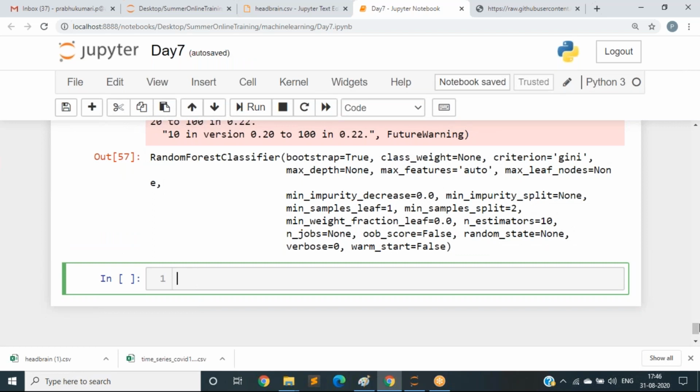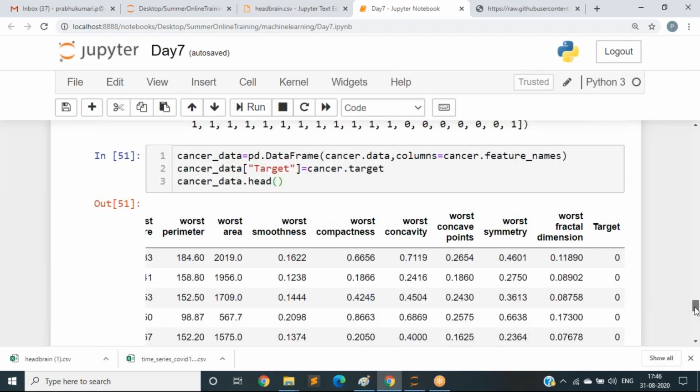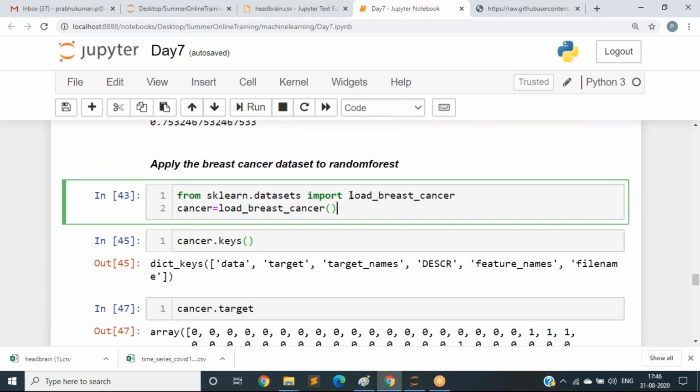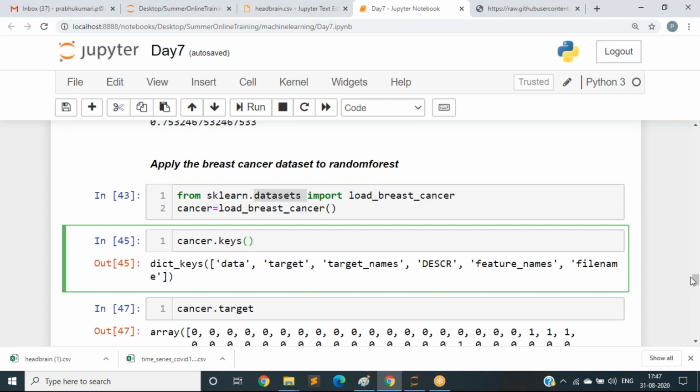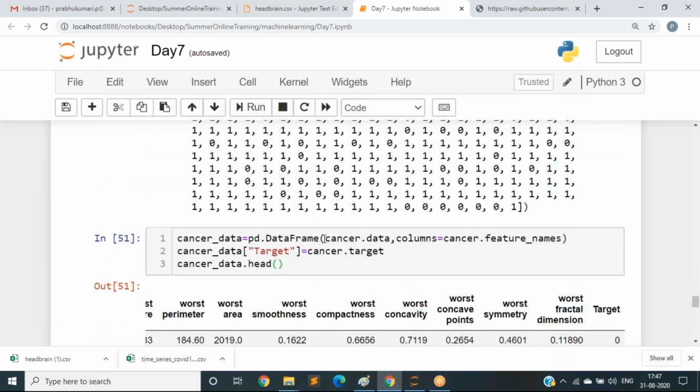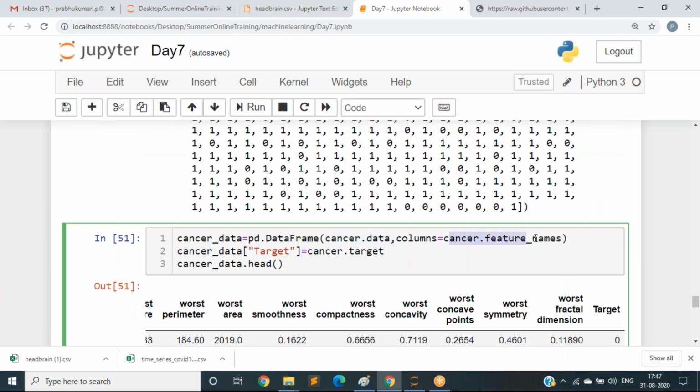Those who are done, you can observe from the notebook I am doing. Same process, but as this is a default dataset in sklearn, you should import it this way. These are the steps to import from the default datasets. And from the keys, you should select what data you want to frame. I have framed my data with the columns called feature names, and I have added the target column to my data.